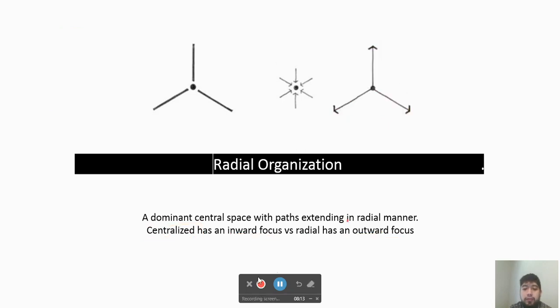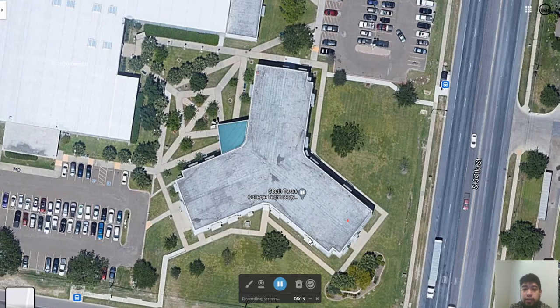So an example of this is the ADT Technology Campus building. Hopefully you've been here, or if you haven't, hopefully you get to go soon. This is the building where our campus is located, or where we are studying right now. This is a Google Maps aerial view, and you see that it's in radial